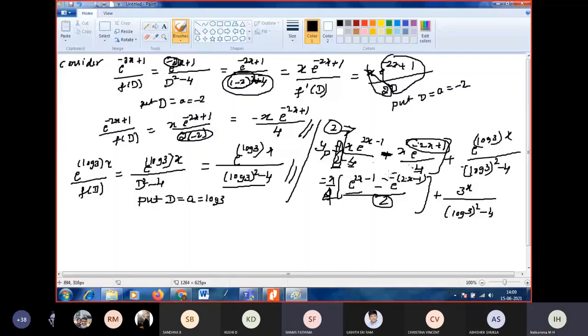This one. Yes, ma'am, because we got plus. Not that one, ma'am. Before that, ma'am. This one, here, x by 4. Ma'am, e to the power 2x minus 1 minus. After that, post that, we have minus sign, no, ma'am? It should be plus, no, ma'am? This one minus only, no? Here we have minus. Second term we have minus.